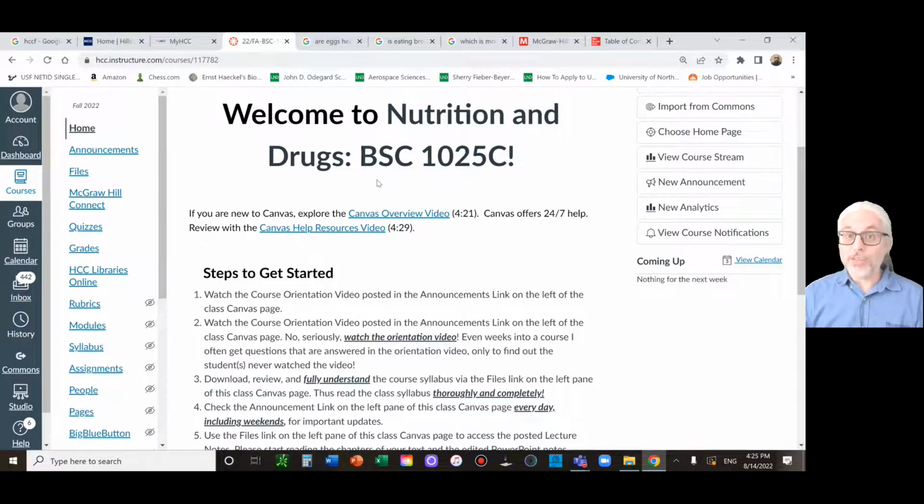But this is also a college level science class, which means there's a lot of science here, a lot of background. And you can't just say, well, protein's good for you. Yeah, okay. What kind of protein are you talking about, what context are you talking about, how often are you getting it, what forms are you getting it in?